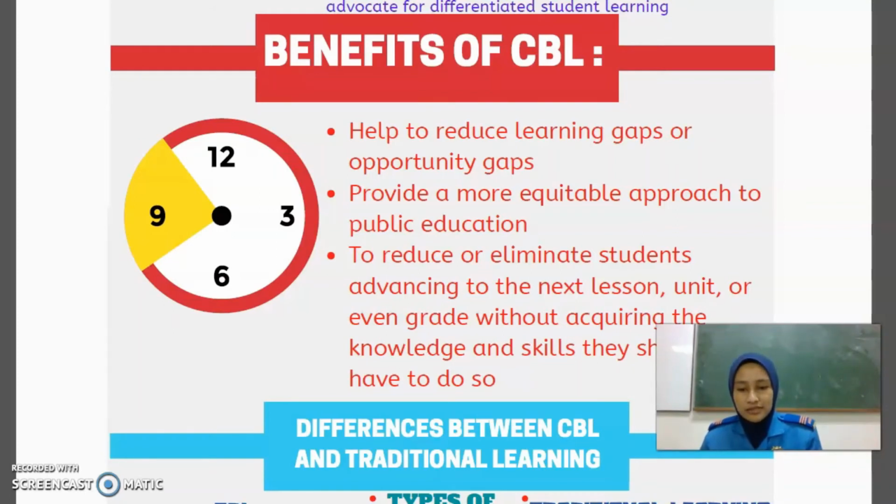who are above grade level greatly benefit as well because they are able to push themselves ahead while teachers continue to teach and reinforce the grade level curriculum to students that need it. So allowing students to move on when they are ready or revisit something when they need support is giving everyone a fair chance at being successful. That's all for the benefits.